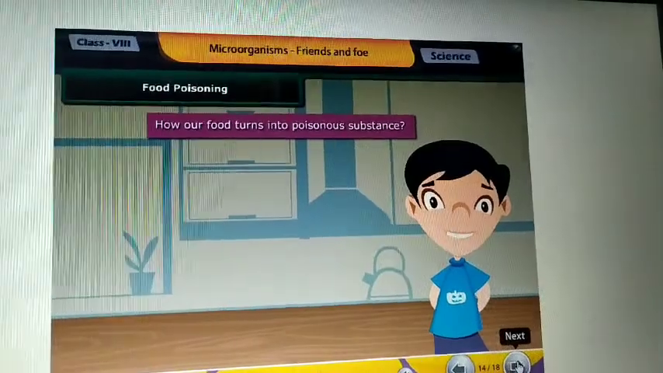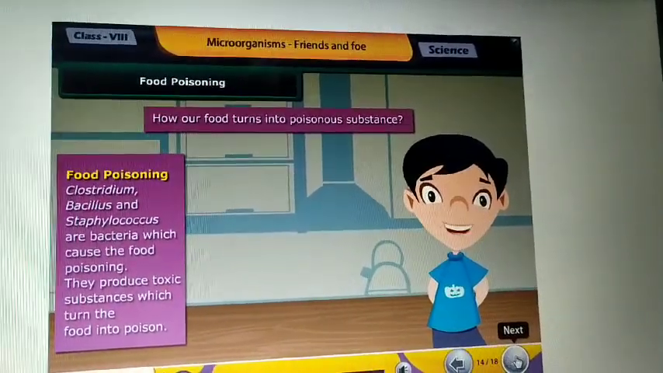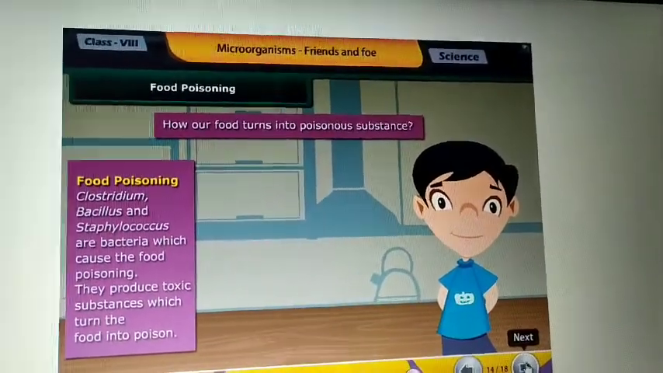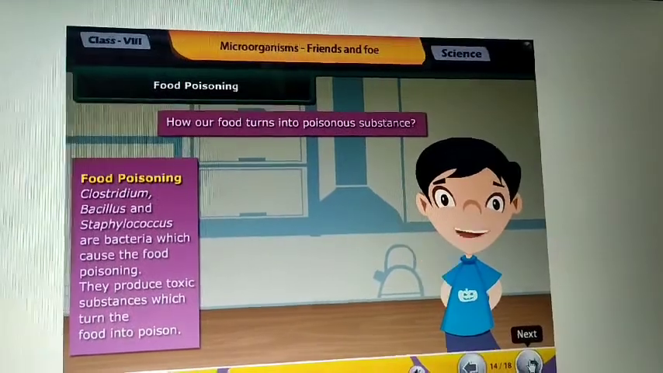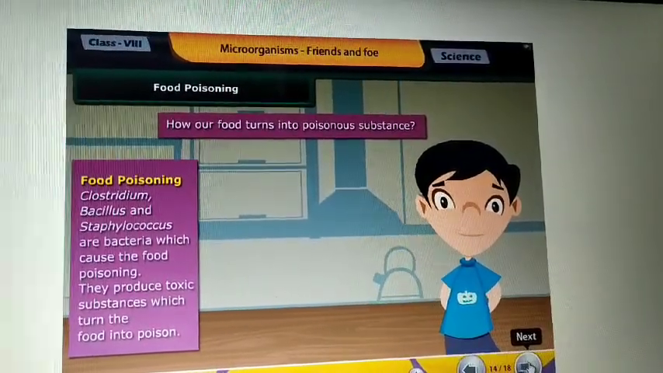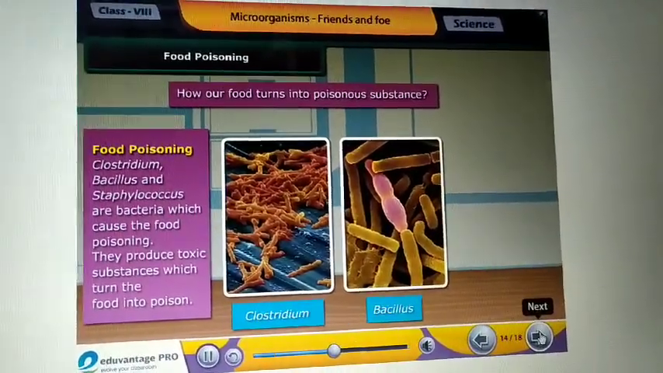Friends, in the summer season, if food is lying open for a longer duration, the food turns stale and finally poisonous. The cause of this is again the same, bacteria. There are some bacteria like Clostridium, Bacillus and Staphylococcus which cause